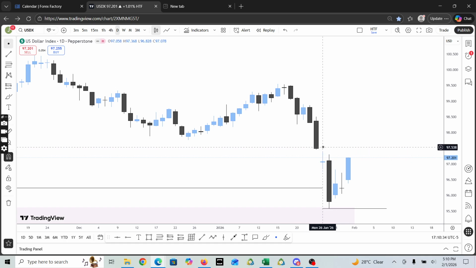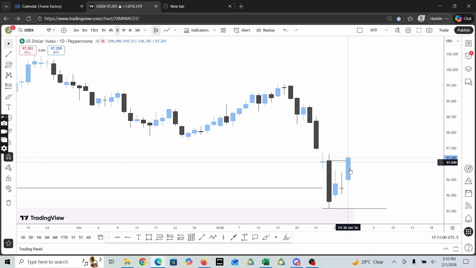We do have this opening gap staying open, and then we have this inefficiency level all the way from the close of this candle all the way to the open, still open, right? And then we have a very nice bullish close above the previous day's open. Yeah, this is a very good sign of price wanting to break away from the consolidation and into the range,